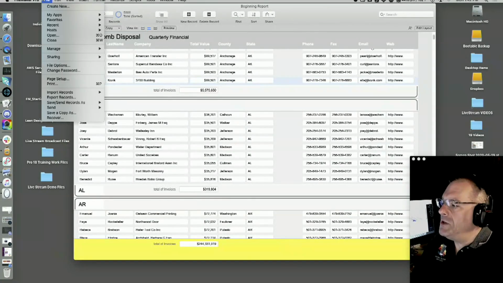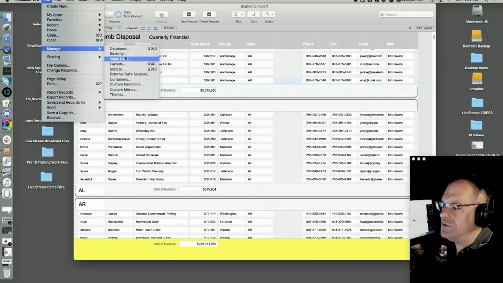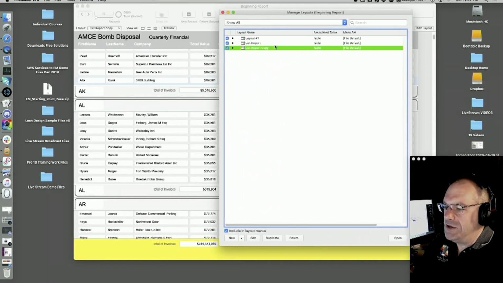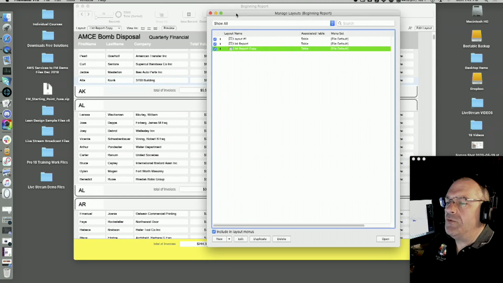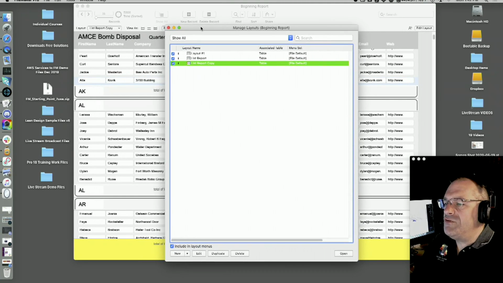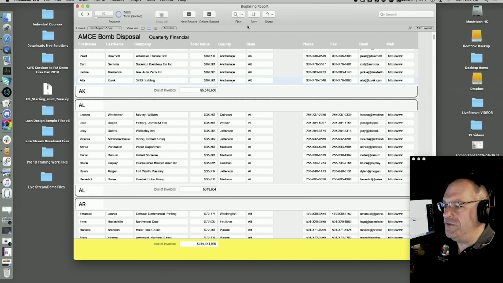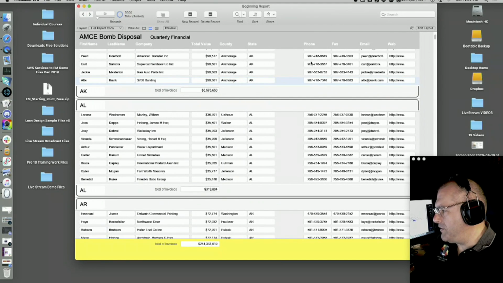If you want to manage your layouts, there is an option under Manage, under Layouts, over here. I don't use it too often unless I have a lot of overhaul to do. So you can reorganize the layouts here. But once again, layouts are different than records. Does everyone understand the difference between layouts and records? If you don't, please ask. I'm not going to make fun of you like I will with Ken.